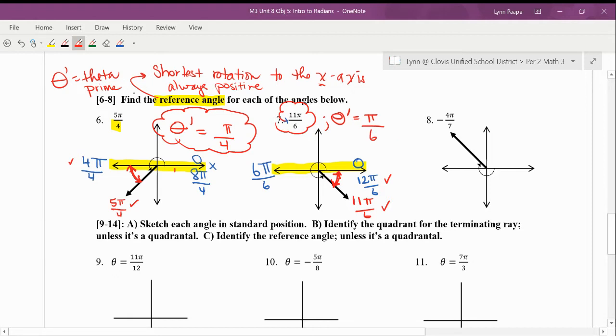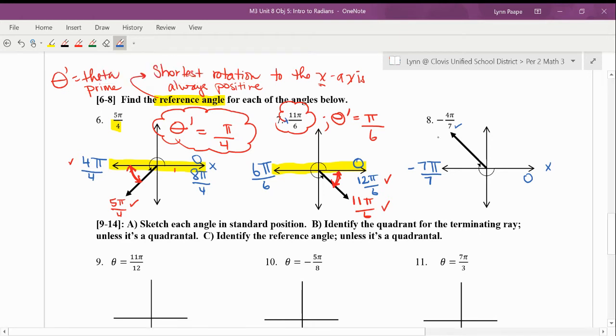Okay, let's get another one in here. So this one's going to be a negative rotation. That means when we label, we want to start labeling below the x-axis, right? And so when we head over here, this is normally pi, we're going to get that common denominator of 7, but we're also going to mark that negative, right? So then,